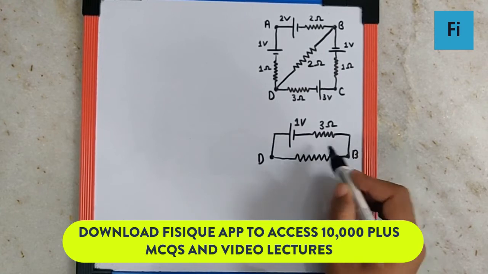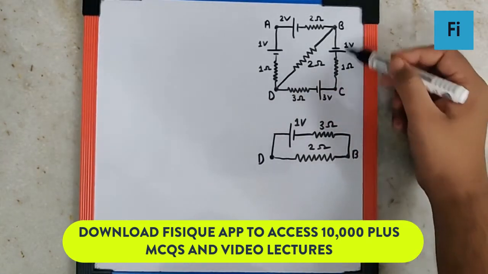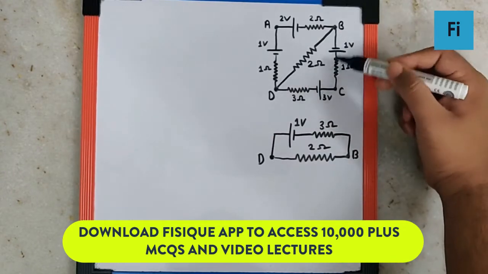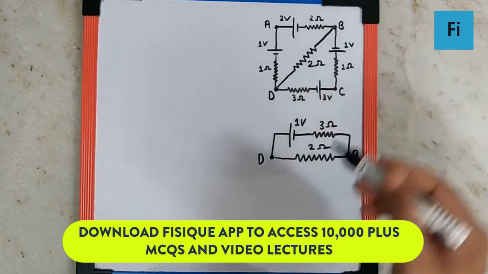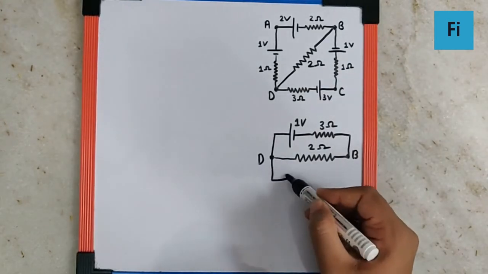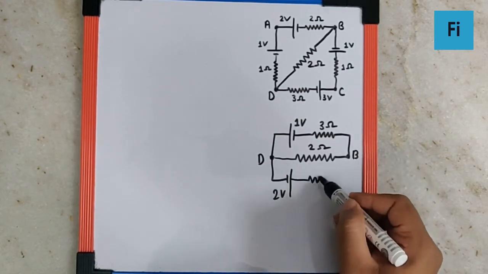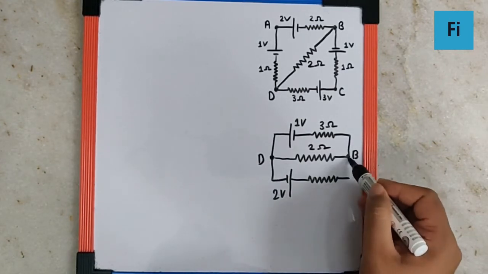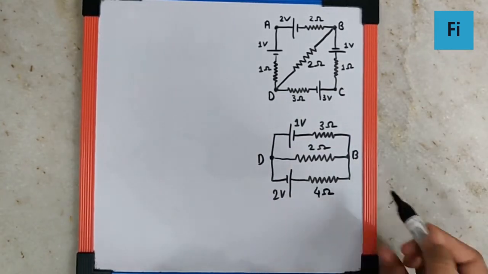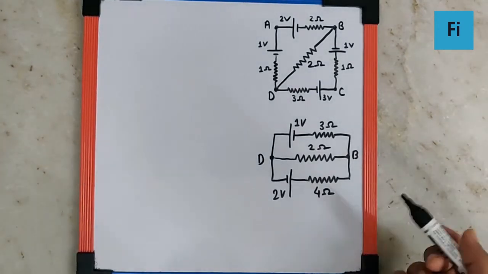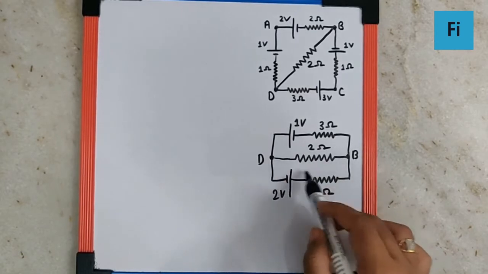resistance as 2 ohm. Now for this branch DCB, we can say 3 volt and 1 volt are in the difference mode. So resultant will be 2 volt in the direction of 3 volt. So that will be this way, 3 minus 1, 2 volt, and the resistances in series, 3 ohm and 1 ohm, become 4 ohm. So now if you refer to this diagram, we can say it is E1, R1, E2, R2 and external resistance R,